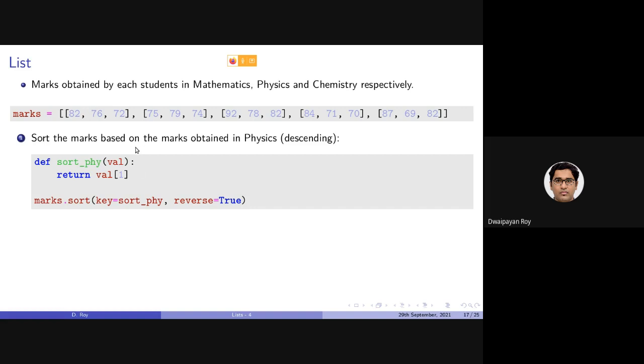In this case, I want to sort them based on the marks obtained in physics, and as it is stored in the 1th location, I am returning val 1. If I want to sort them based on mathematics, I would return val 0, or for chemistry, val 2. And this is reverse equals to true, as I wanted to sort them in descending order.